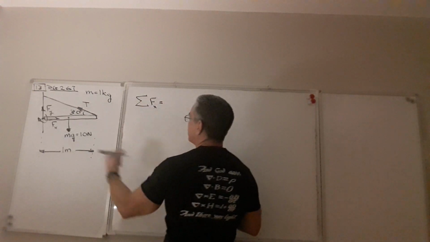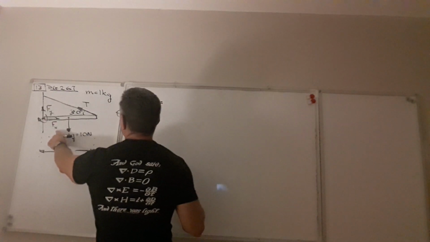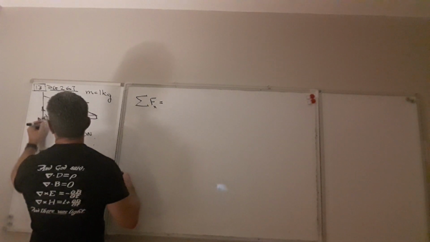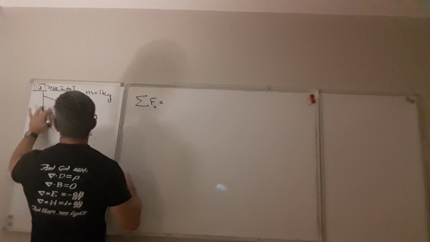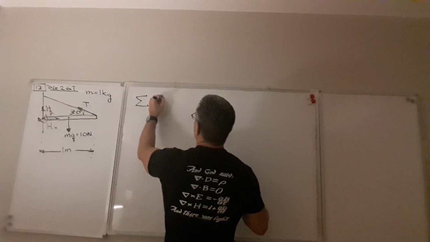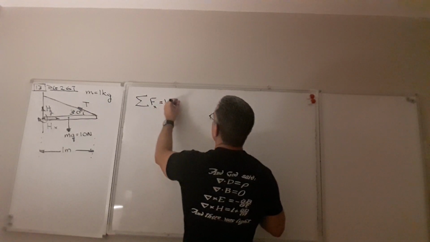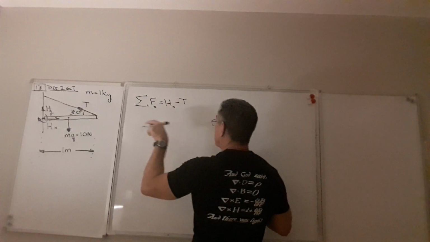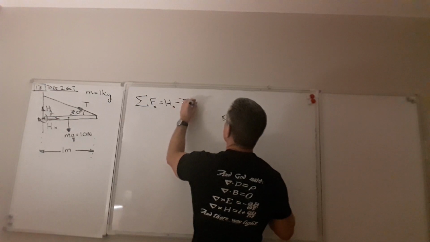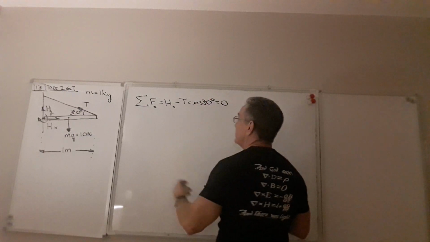So now in the x direction, the horizontal direction, what forces are acting? Well, there's the hinge force here. I'm going to call this capital HX for hinge. So we've got the horizontal hinge force acting entirely in the positive x direction. And then we have to subtract from that the component of the tension that's pointing to the left. And that would be the magnitude of the tension times the cosine of 30 degrees. And that's got to be equal to 0